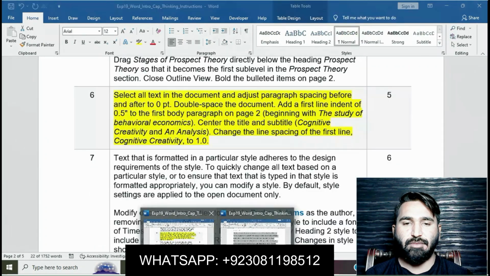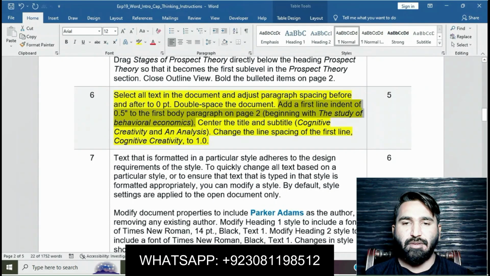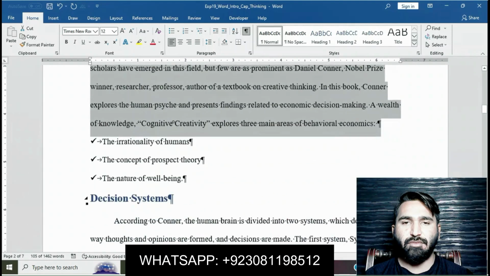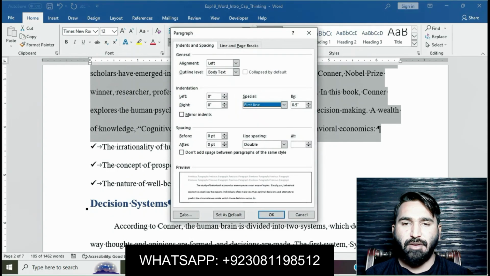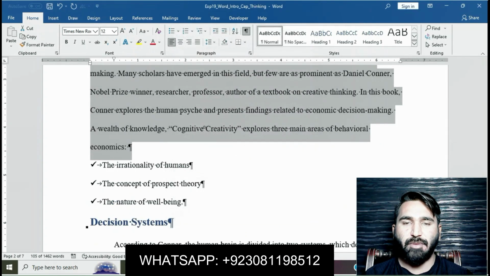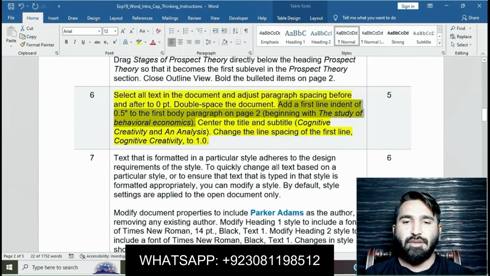Center the title and subtitle. Go to Paragraph and first line of 0.5, then press OK. It's done now. Center the title and subtitle.